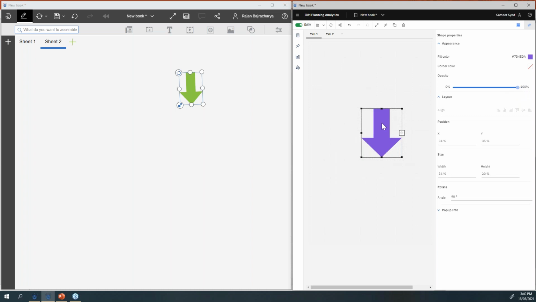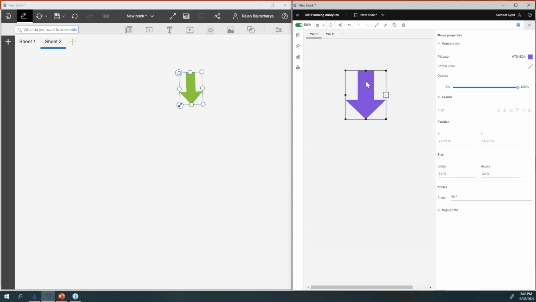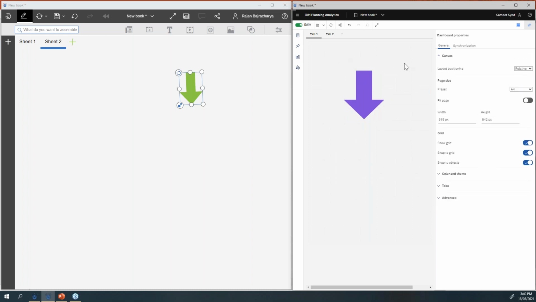Right, so that's on the grid. Also you can see here the grid helps us to place the images as well. As you can see, the lines are there. Once we have got the placement right, then if you want, you can even switch off the grid, by which we don't have to see the lines anymore. But that can come right at the end of finishing your dashboard, before you close this edit mode.